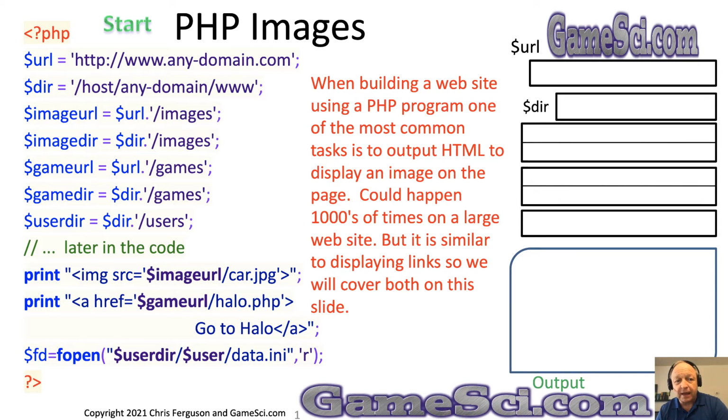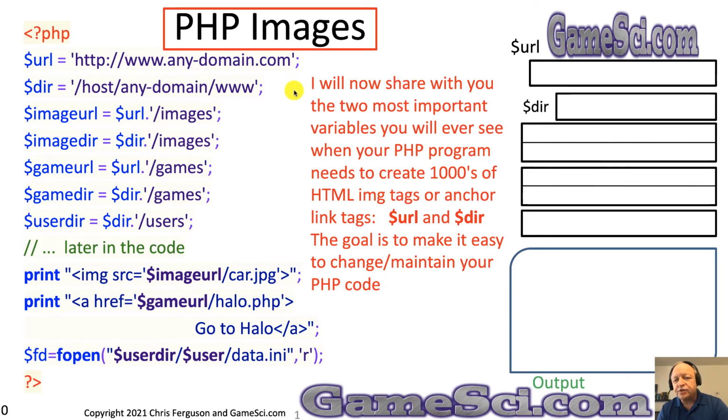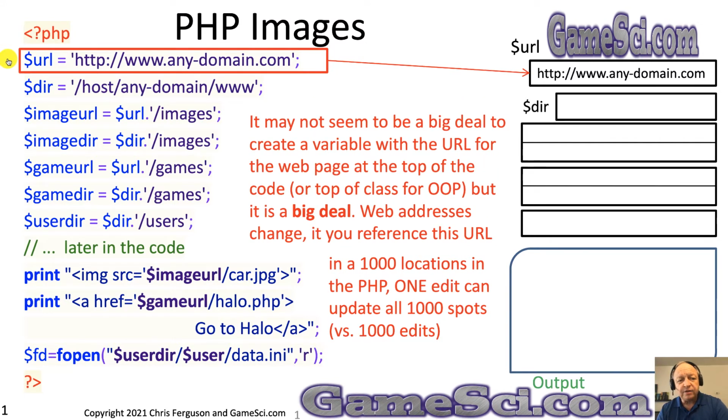I will now share with you two of the most important variables you will ever see when your PHP program needs to create thousands of HTML image tags or anchor links. $URL and $dir. The goal is to make it easy to change and maintain your PHP code. $URL equals